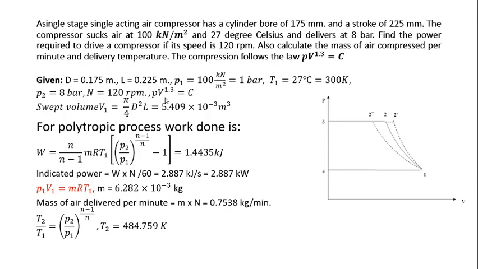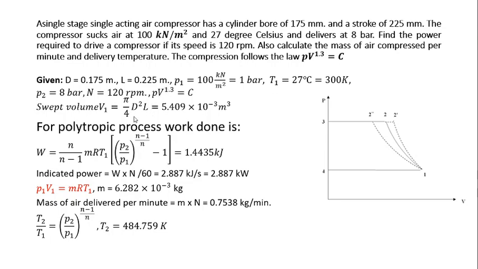And this is the equation for the polytropic process. And from this we can calculate the swept volume, that is the volume between top dead center and bottom dead center,